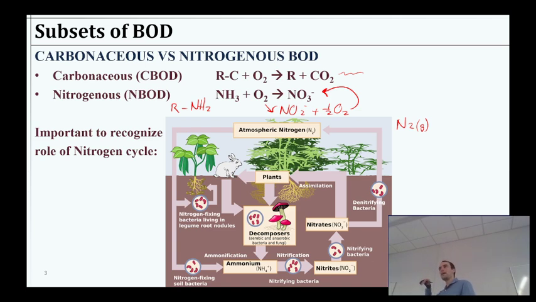So all that to say, if we discharge a bunch of organic matter that has a bunch of organic nitrogen, bacteria will use it just like they use carbon as an energy source, because it's energetically favorable for it to go from ammonia, so NH3, to nitrite or nitrate. So they get a bit of energy from that, so they'll do that. So that's just another component of the oxygen demand that happens in reality. Okay, so little subdivision there.